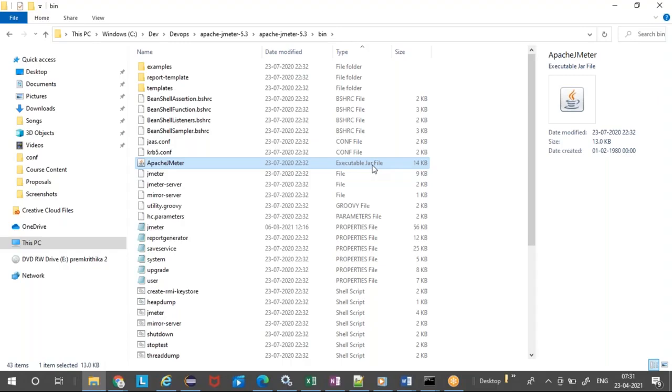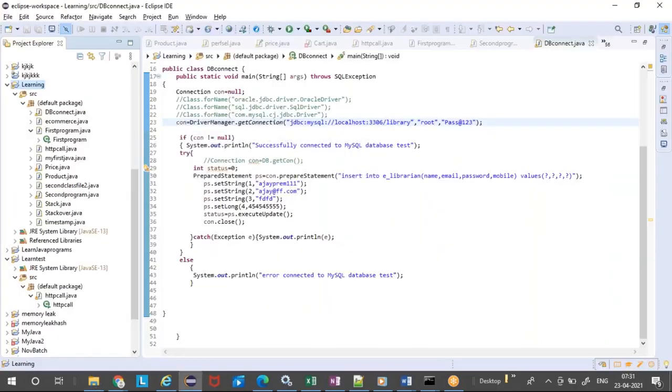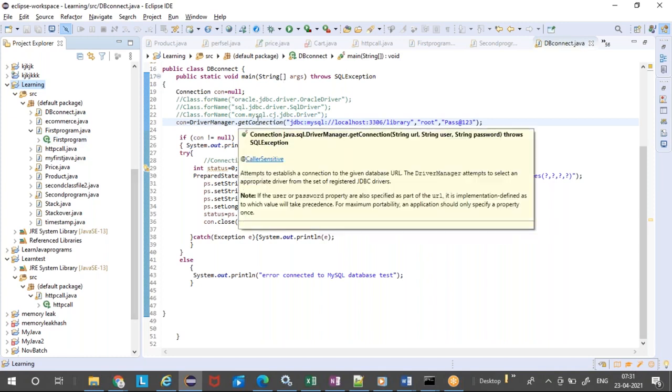Okay, so why do we create a runnable jar file? To run it directly on your machine from the command line. Okay, so that is why it is required. And if it doesn't need to be executed as a runnable jar file, you can create it as a jar file so that they can use it as reusable functions, like what we used in the DB connection.java. Okay.